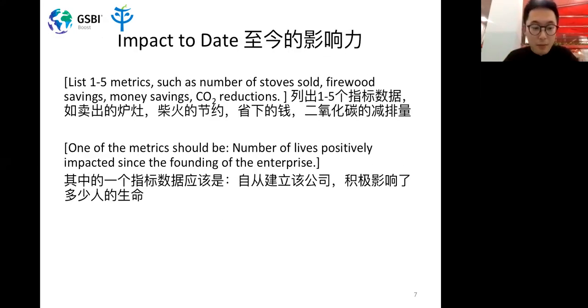And the fourth is because a lot of the time an impact investor really wants to see some track record of your test or your very tiny trial. So we want to see it in two ways. In one way, we want to see how you can use data and quantitative metrics to illustrate your impact to date. And another can be more qualitative, because that can be very hard to quantify, like how you can positively influence the customer and the target audience that you want to have an impact on. So from the qualitative and the quantitative stuff, we can see whether your track record really shows the potential